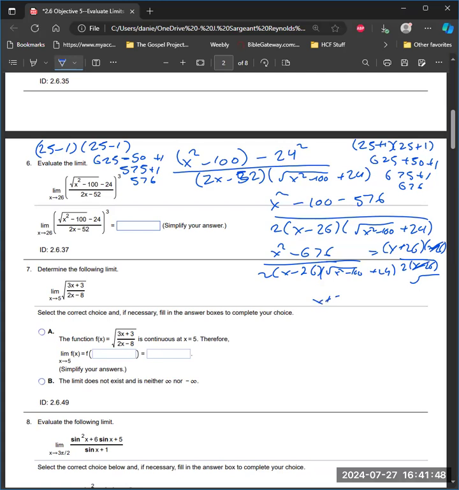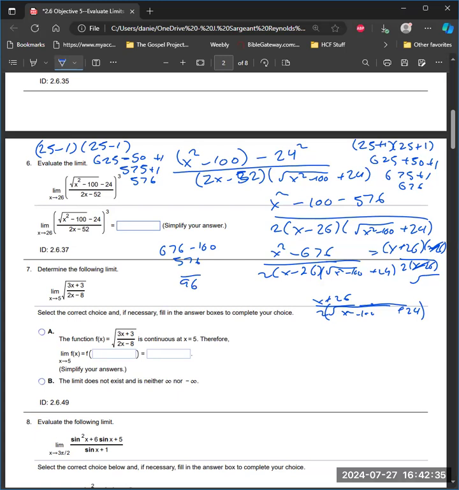This is x plus 26 over 2 times the square root of x squared minus 100 plus 24. When I stick 26 in, 26 squared is 676, minus 100 is 576. So that's going to be 24, 2 times 24. Sorry, 24 plus 24, that's 48. 2 times 48, that's